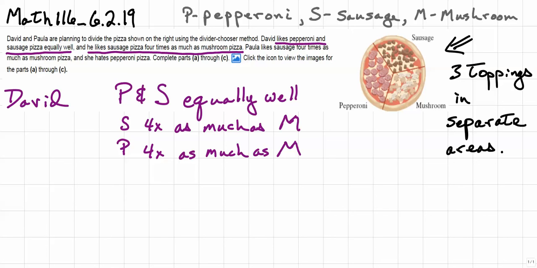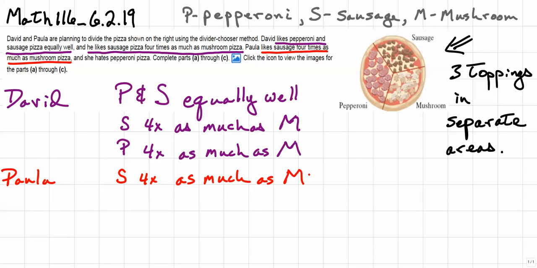But let's go ahead and talk about Paula, because she's important in this also, and we need to understand exactly what she likes. She likes sausage 4 times as much as mushroom pizza. So that's going to be sausage 4 times as much as mushroom. And she hates pepperoni pizza, so no pepperoni. Okay? Now, for part A,